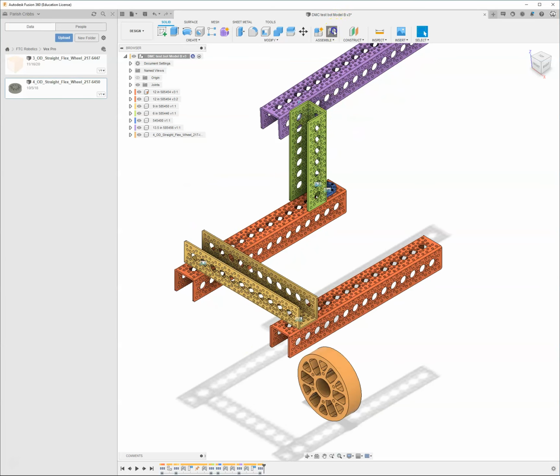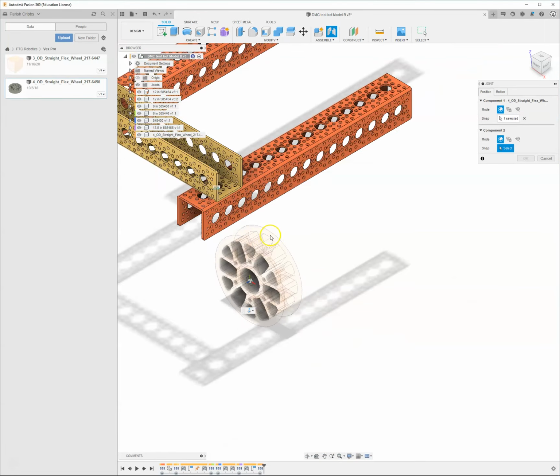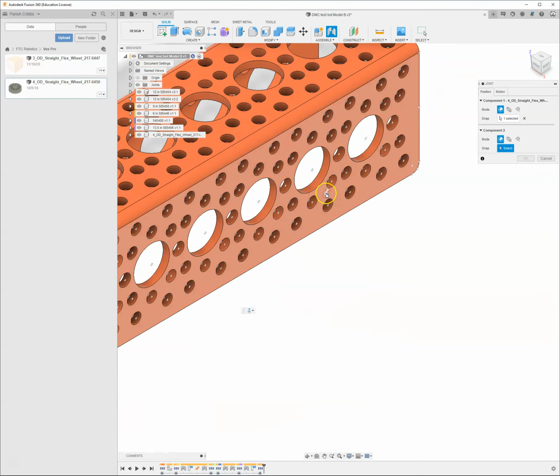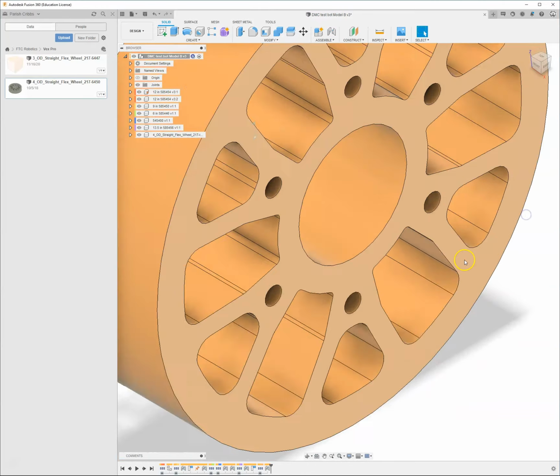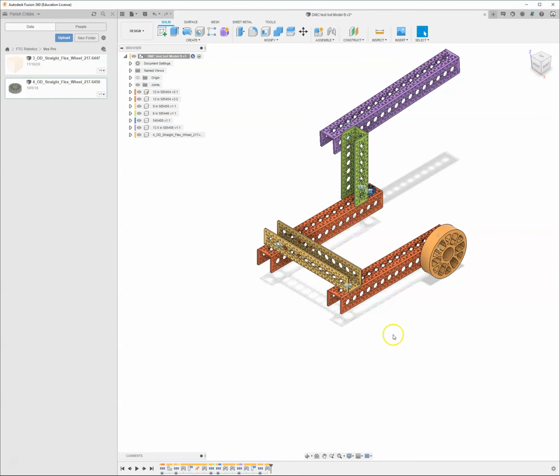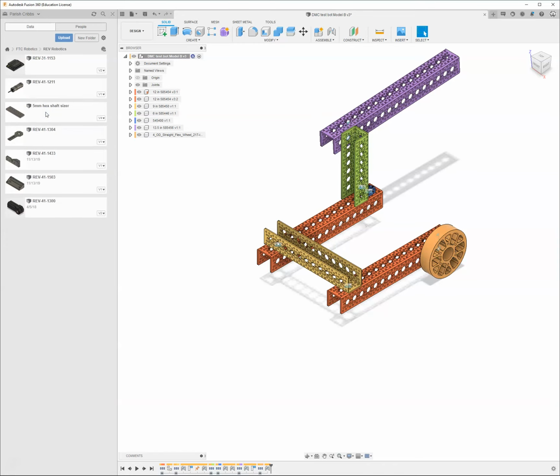And same thing, I'm going to click on joint. I'm going to grab the face of this wheel in the center of the wheel. And I'll come up here and I'll put it on one of the holes, center of that hole. And it's a Revolute joint, so it looks like a nice wheel, it's going to spin. We'll go ahead and grab a motor, come here to the Rev Robotics folder,